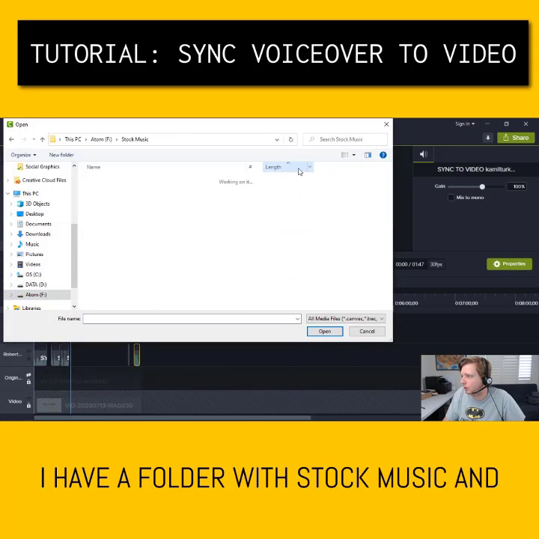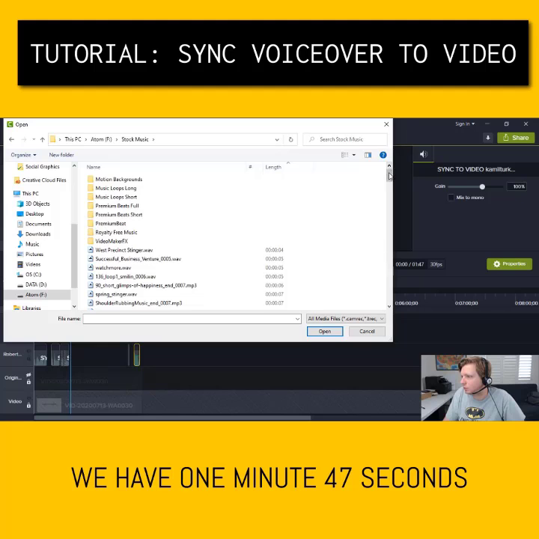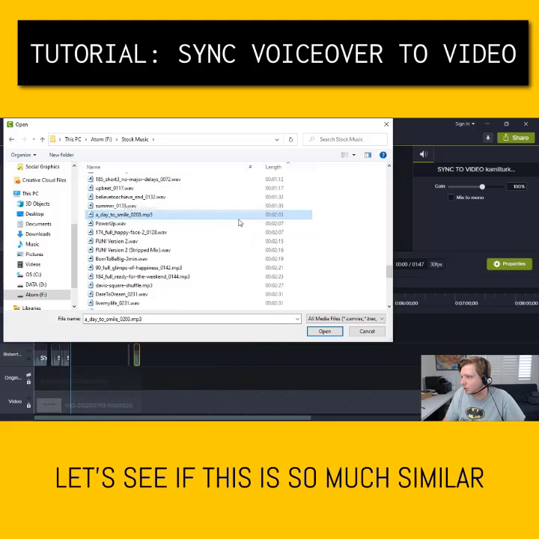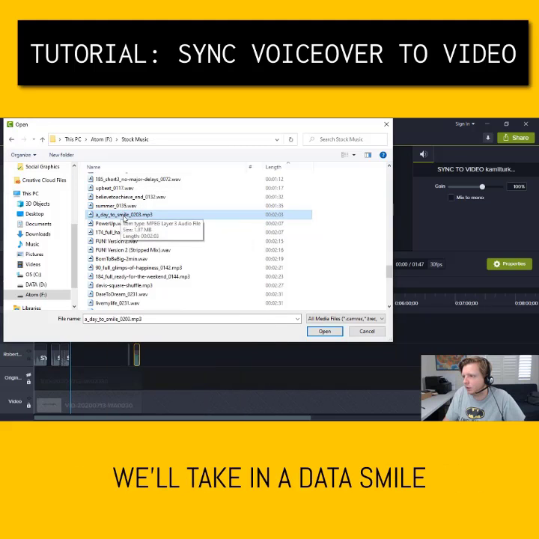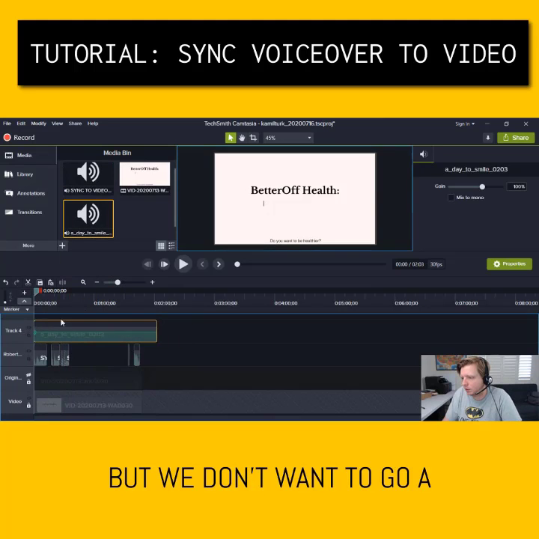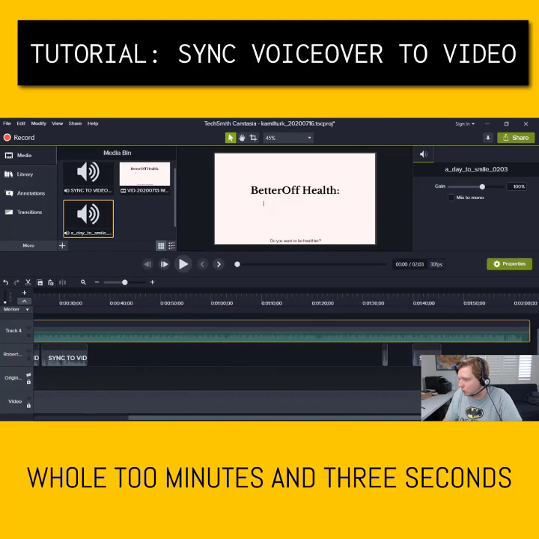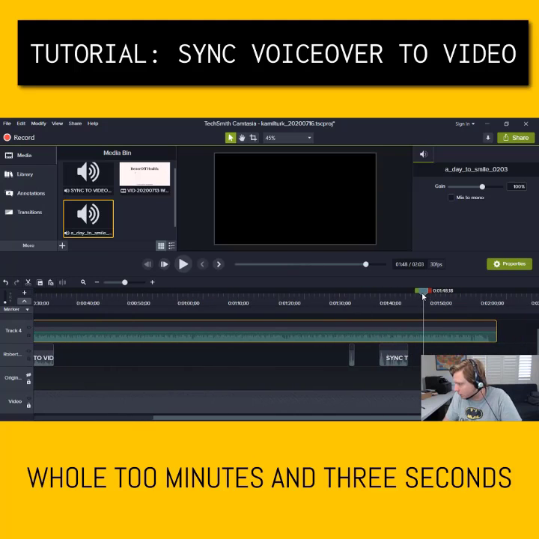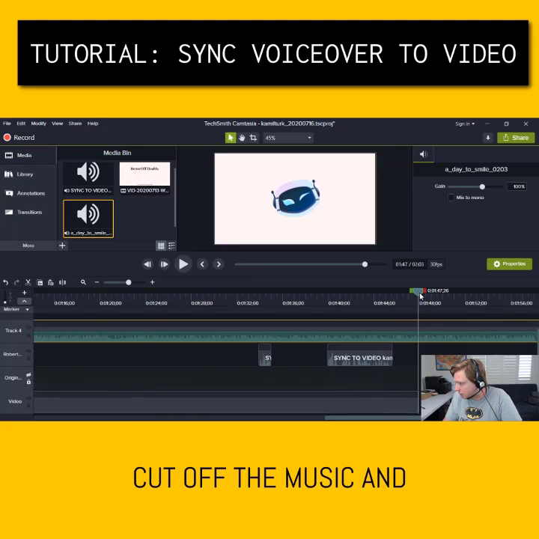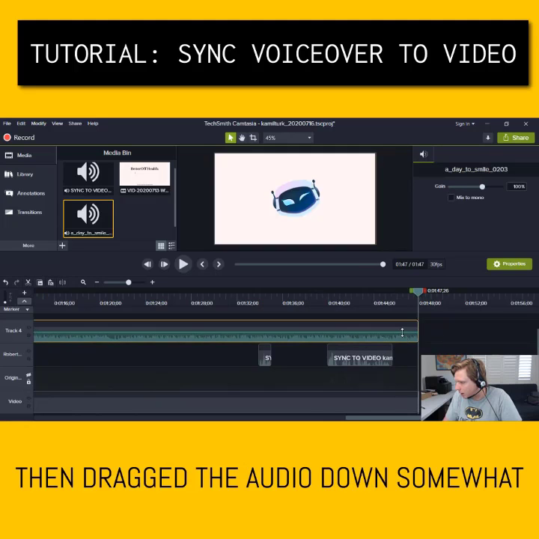And we can add, I have a folder with stock music, and we have 1 minute 47 seconds. So let's see if this is somewhat similar. Okay. So we'll take this marker out, we don't need it, but we don't want to go a whole 2 minutes and 3 seconds. We want to go to the 1 minute and 30 seconds, and then cut off the music,